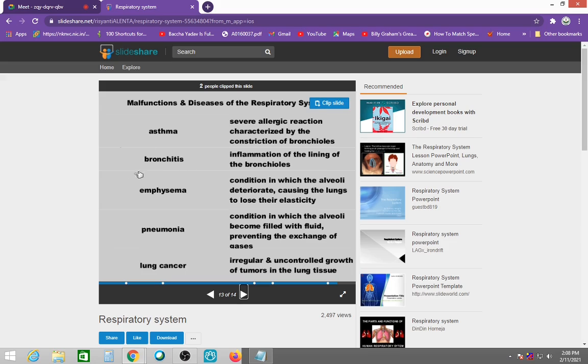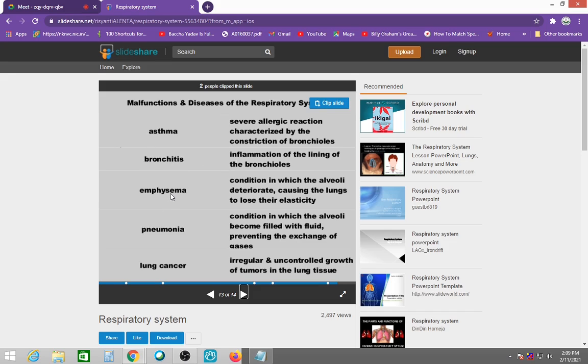And coming to bronchitis. Bronchitis is the inflammation of the bronchioles or the bronchi. This will also come under obstruction because it involves the bronchioles, which are airways. It will interfere with the passage of air in the airways. So this also comes under obstructive lung diseases. Mostly it's chronic bronchitis, usually lasting more than 3 months.